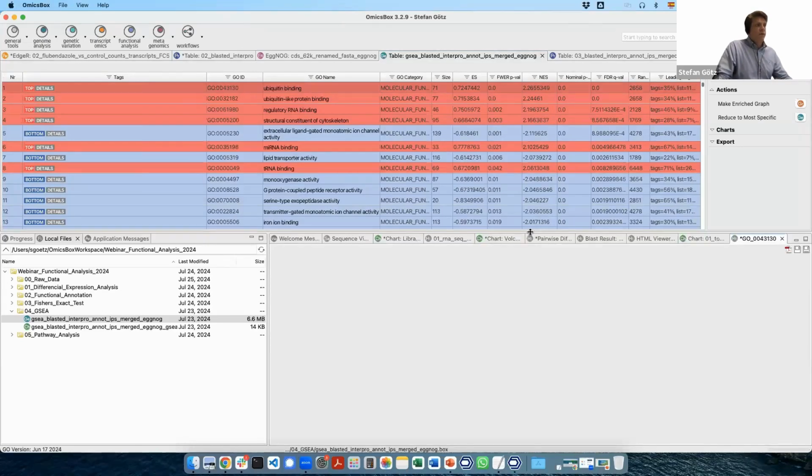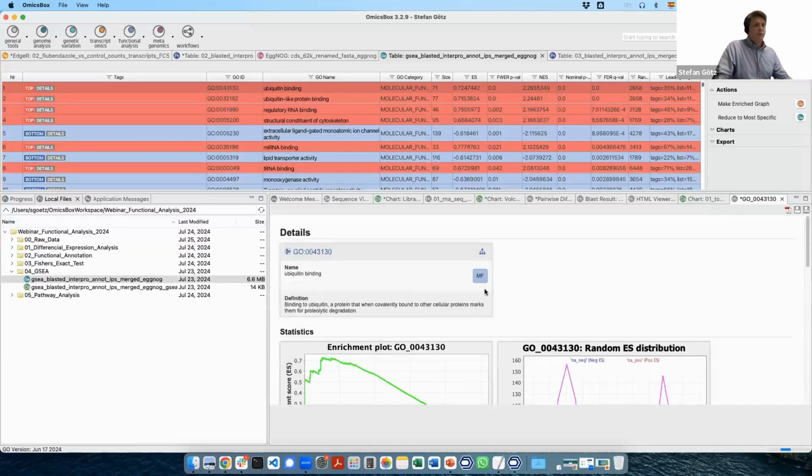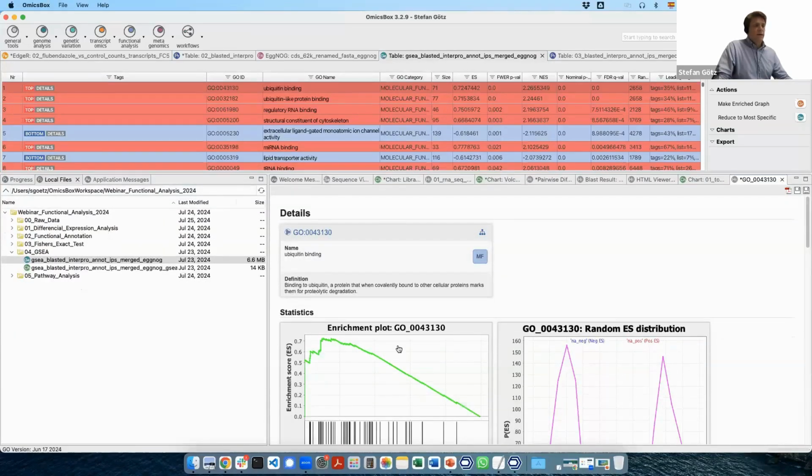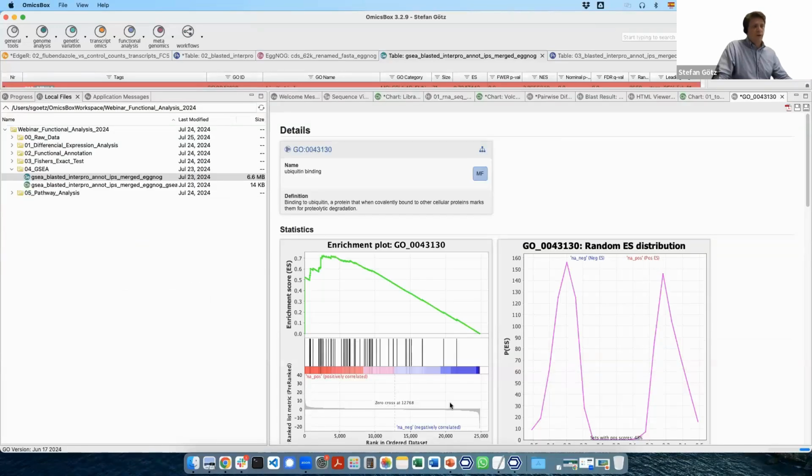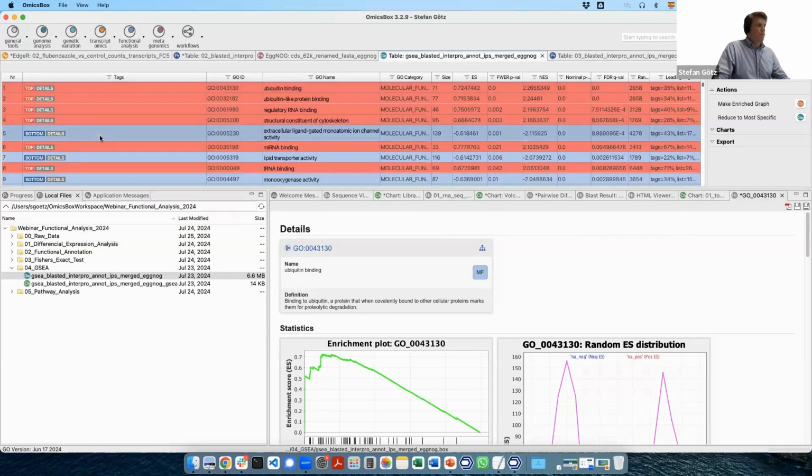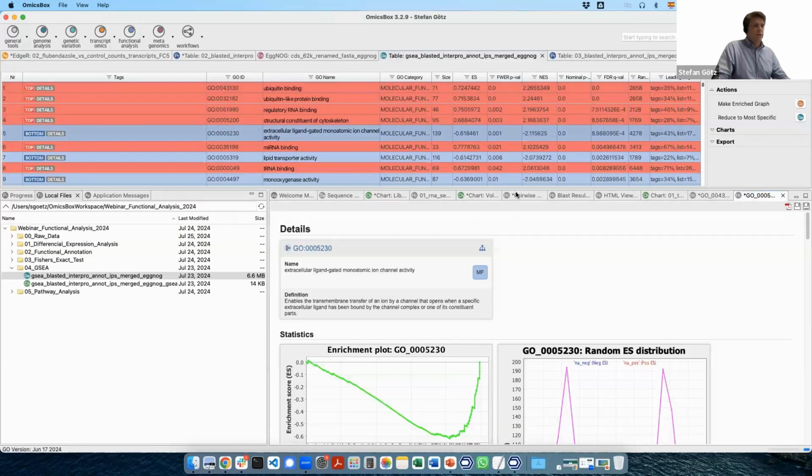And then here, for example, I have ubiquitin binding. And then I can see here the distribution of the expression values of my ranked gene list. And then I can see that there are more upregulated genes which are associated, associated meaning like this little black bar, to this gene ontology term in this area, and fewer in the bottom part of my list, okay? And now if I would go into a bottom one,